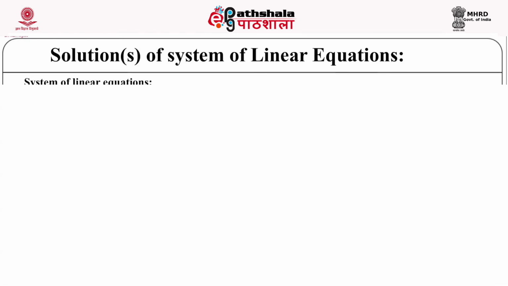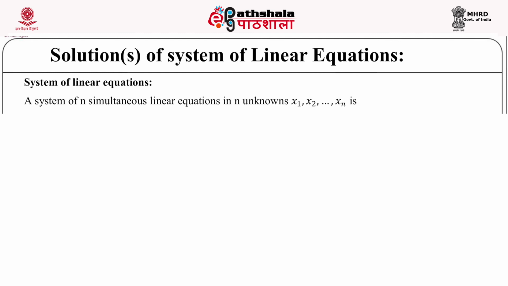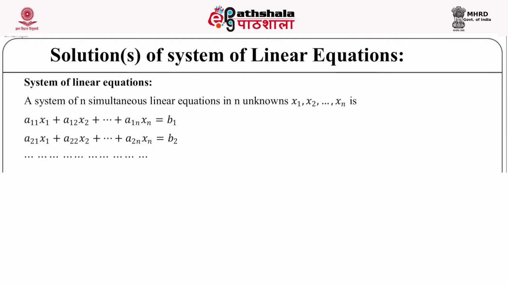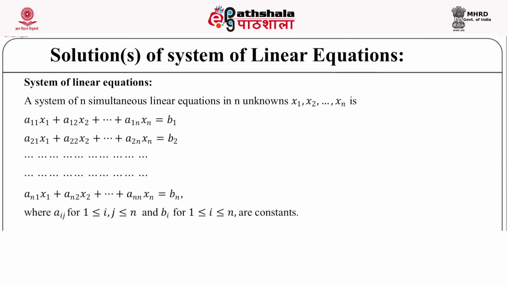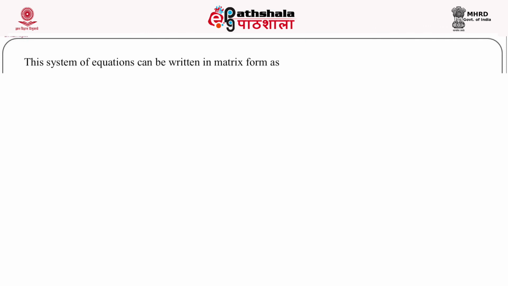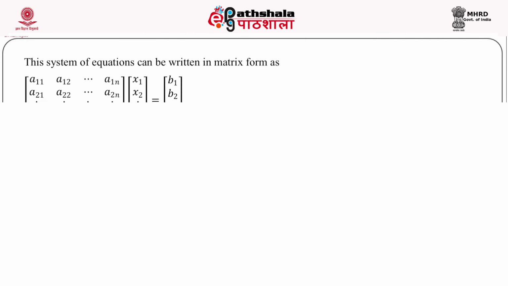Now the solution of system of linear equations. First of all, we will describe what is system of linear equations. A system of n simultaneous linear equations in n unknowns is given by this system of equations, where Aij, for i, j varying from 1 to n, and Bi, i varying from 1 to n, are constants. So the given system can be written in matrix form, in this form,